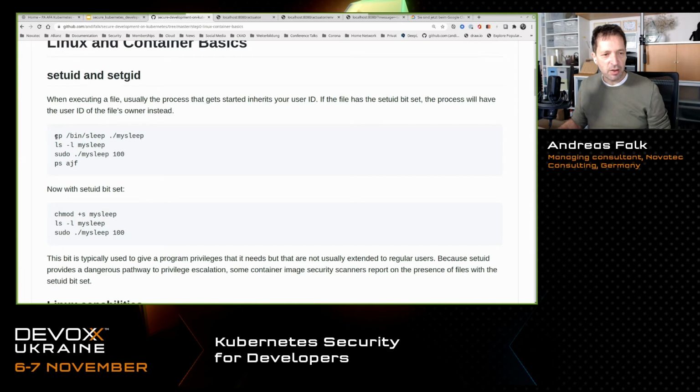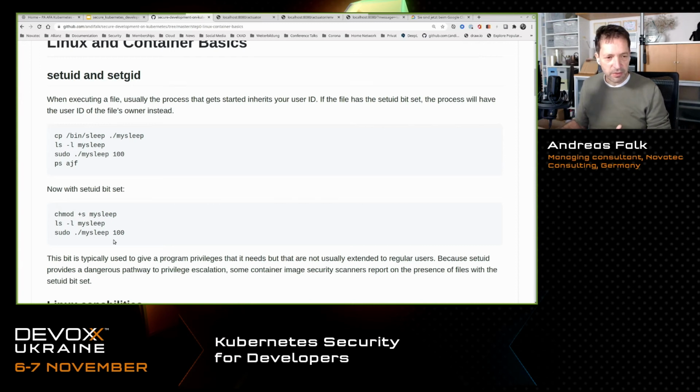You might already know about that setuid flag that you can set as a permission on your files. And if you set that setuid bit, then that means that independent of who actually executes that file, it will always be executed in the user context of the owner that has set that setuid flag.